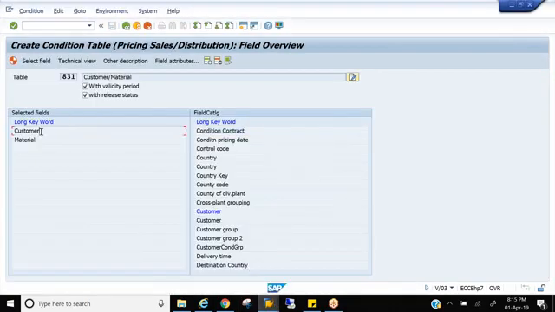So once you get the fields, whatever you want under the table, you see here, we have the fields in the table. Now you can click on the generate button. That means you want to create this new user-defined table with customer and material. When I generate this, let's see what the system says. The system tells you that with the same field combination, there is already a table existing with the number 517. You see, table 517 is already defined with the same fields.